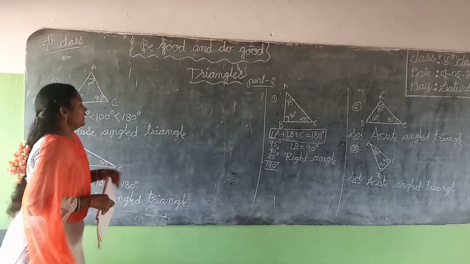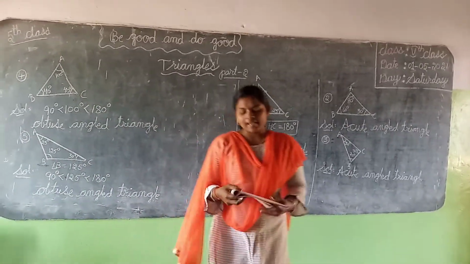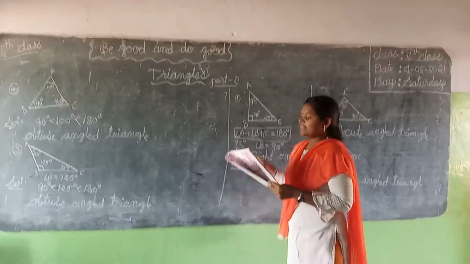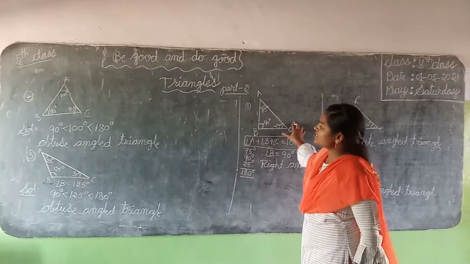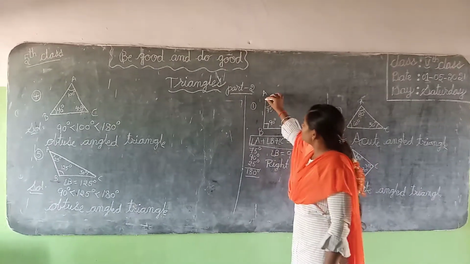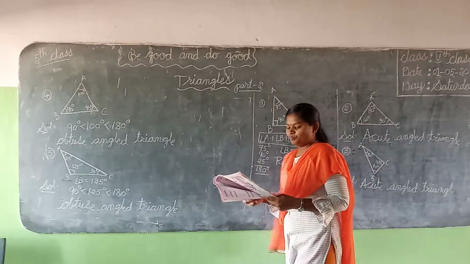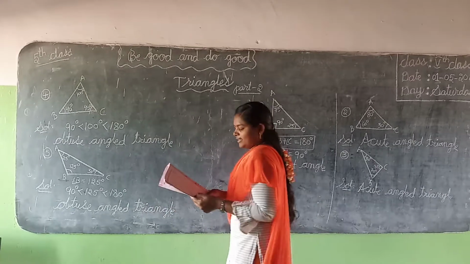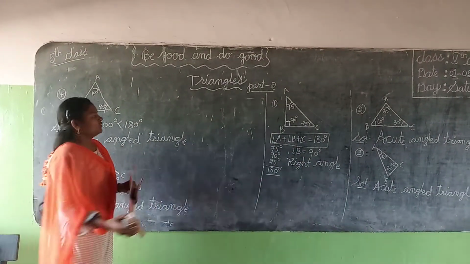Okay, write these five questions and draw with the scale and pencil. Okay. Next. So that was the classification of the triangles according to their angles. Next, classification of triangles according to their sides. So next one is sides. So next, Roman number E. Classify the triangles according to their sides.